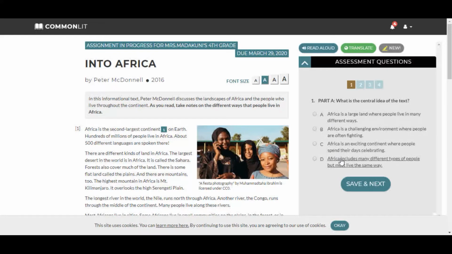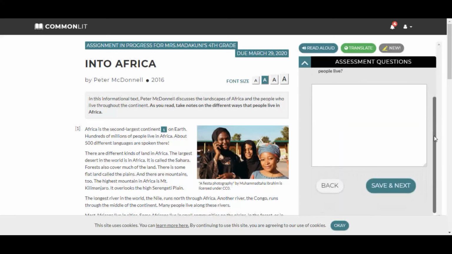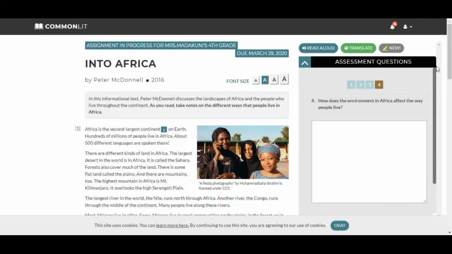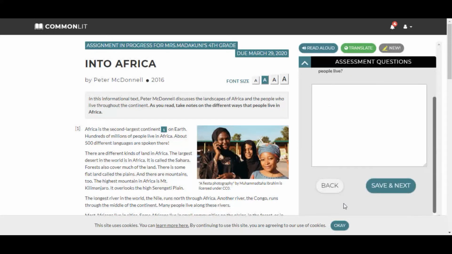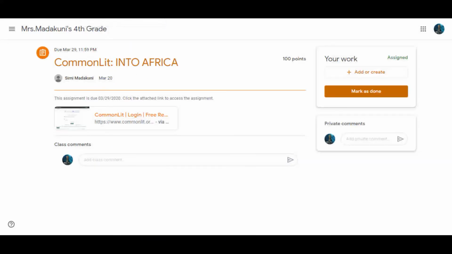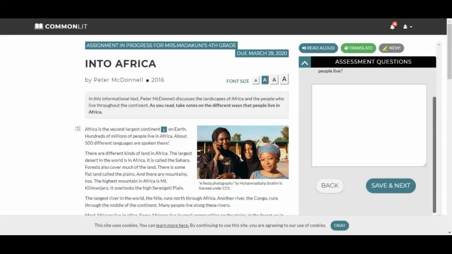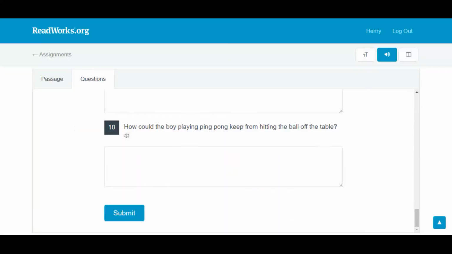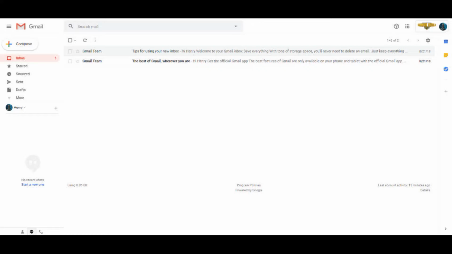After you answer a question, you save and go to the next. After you get through all 4 questions, you will be able to submit it. The button here will say submit. And then it's sent to her, so that's all you have to do. You don't have to do anything on this page. But that is how you access everything that we are sending out. Oh,